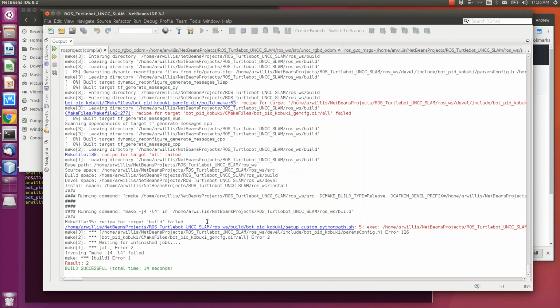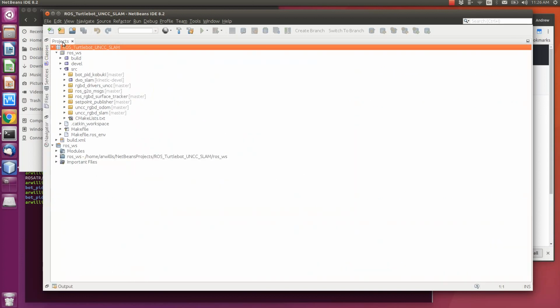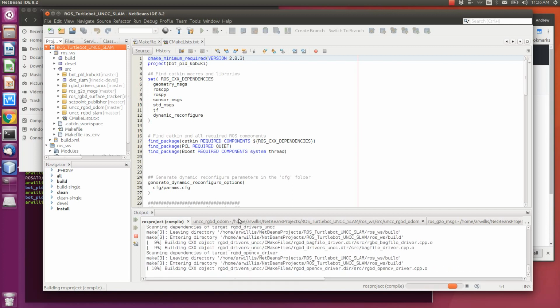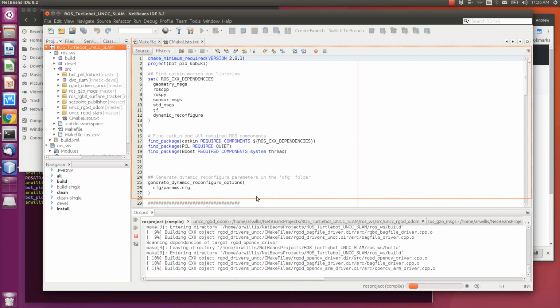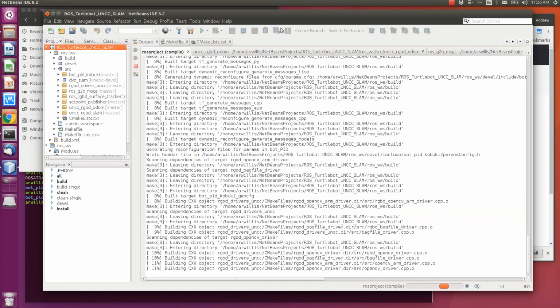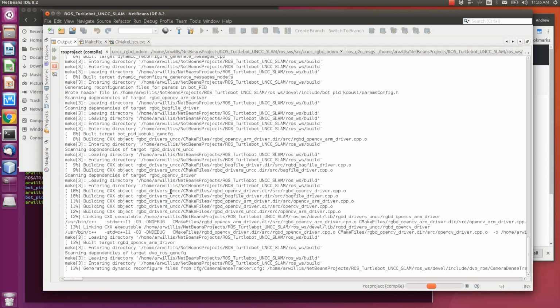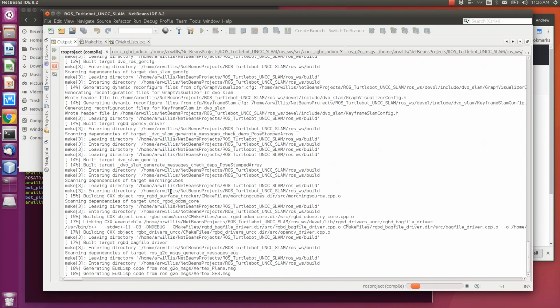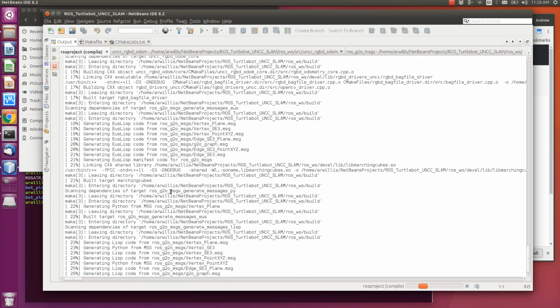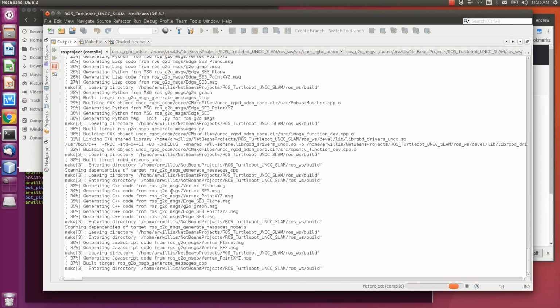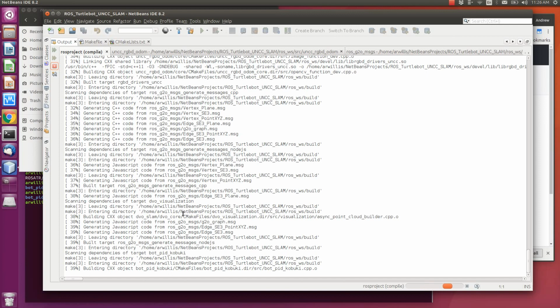Maybe that's the deal. Sometimes ROS needs that kind of stuff. Double click this to collapse it. Double click that to make it go away, and we're back on our merry way. Well, it looks like that sort of helped things along here. Sometimes things get a little wacky. But now it's compiling, and this stuff is going to take a while to compile. I just pulled, I guess, 11 different packages, and these packages have a lot of stuff